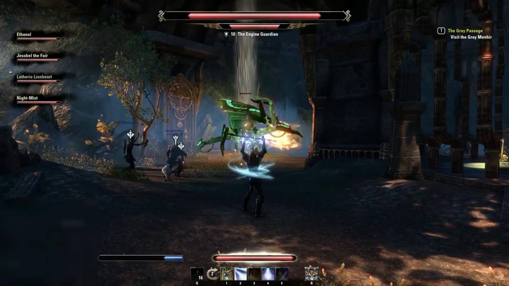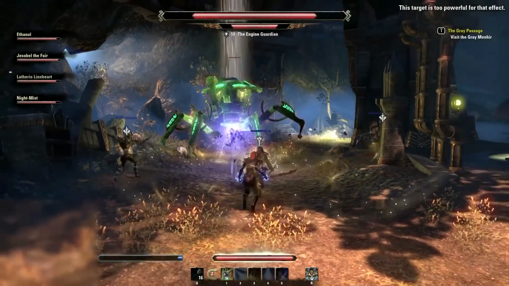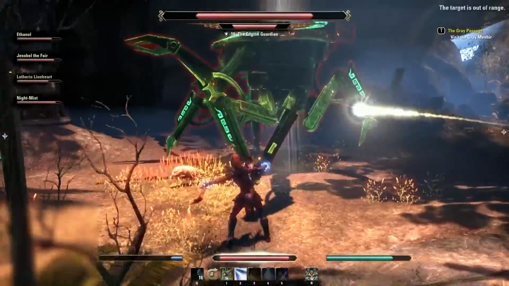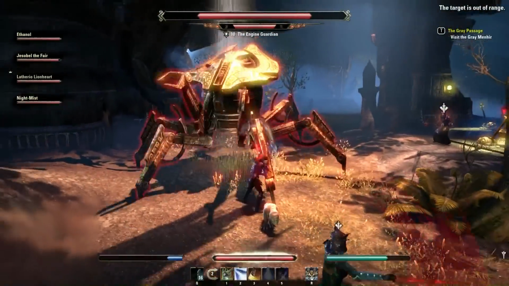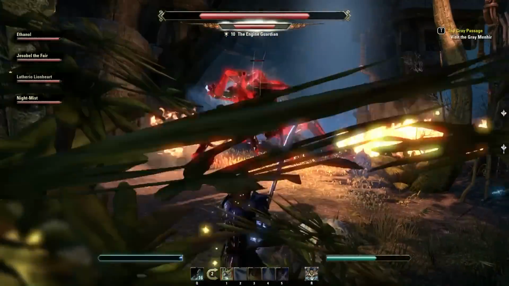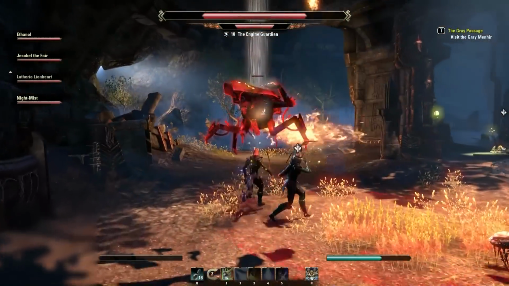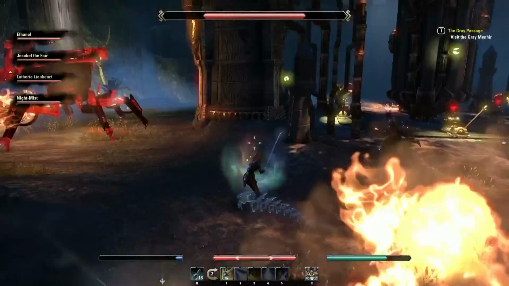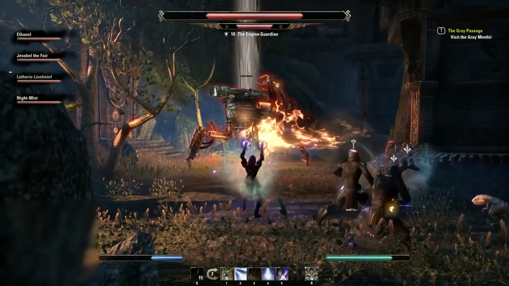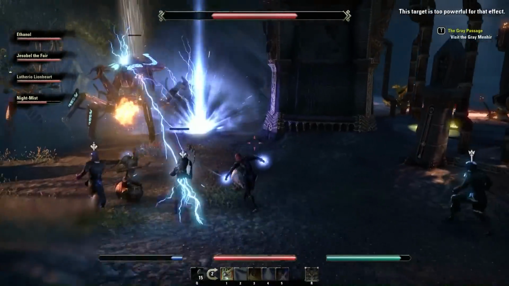When he gets to 25 or 20%, I don't remember which one, he will activate all 3 phases, which is quite tough. DPS on the group is solid enough, but you definitely all want to go range on this one. You can see, even though I have a 2-hander, I'm not really engaging him. I'm staying back using my class abilities, my sorcerer abilities to hit him down. It's a long fight, but